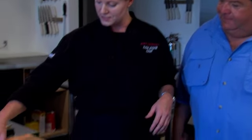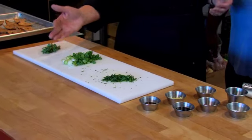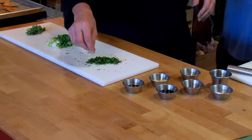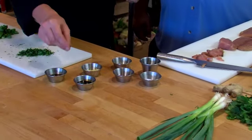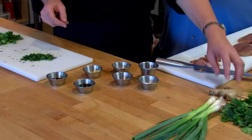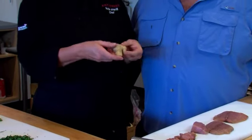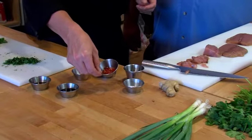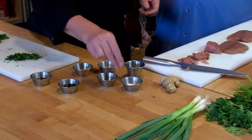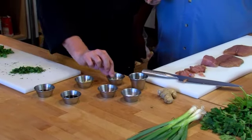So before you even get started, you're gonna have your mise en place together, which is 2 tablespoons of basil, a whole bunch of green onions, scallions, 2 tablespoons cilantro, a tablespoon of sesame oil, a tablespoon of soy sauce, a tablespoon of fresh ginger. This is not the spice that your mom put in the apple pie or the pumpkin pie. You're gonna use fresh ginger, peeled and then minced up like this. A tablespoon of chili paste, tablespoon of salt, 2 tablespoons olive oil, and then a teaspoon of pepper, all